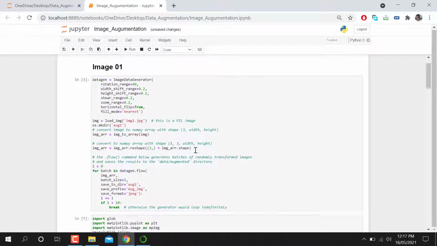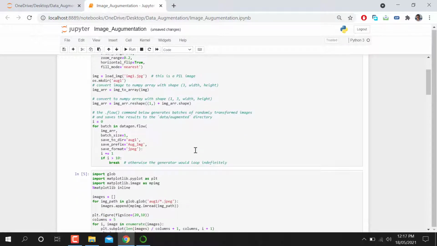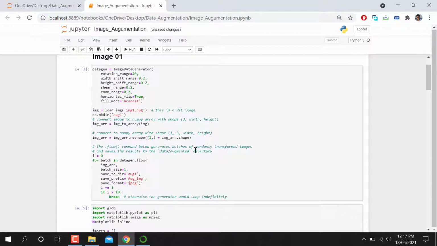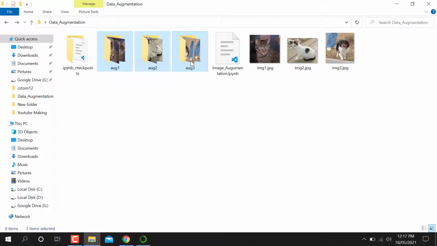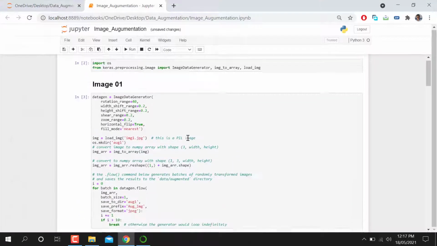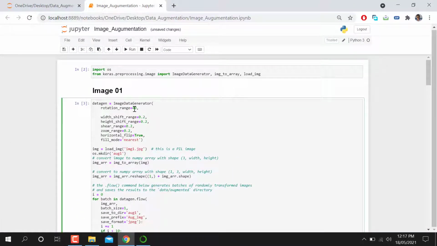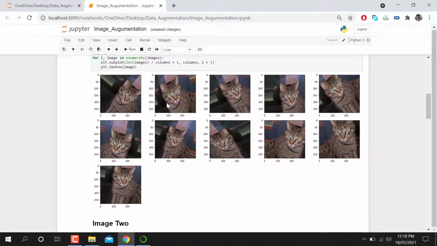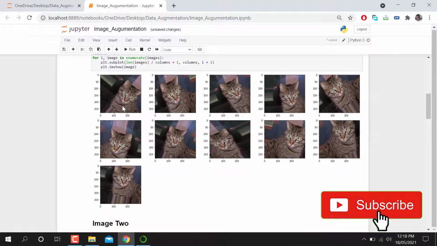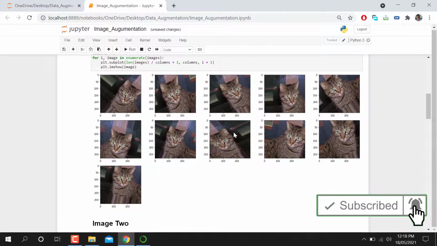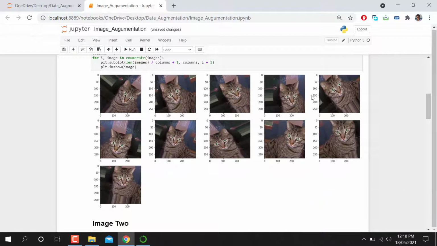So here what I'm going to do is just make some changes. Let's suppose I'm going to remove these 3 cells. I'm simply increasing the factor, and you can also add other factors, whatever you would like to increase. I'm adding 90 also. So what will happen, you can see so far I have 11 images.